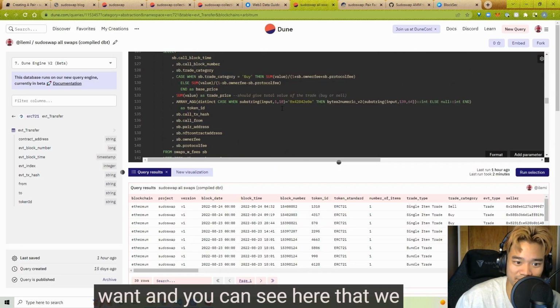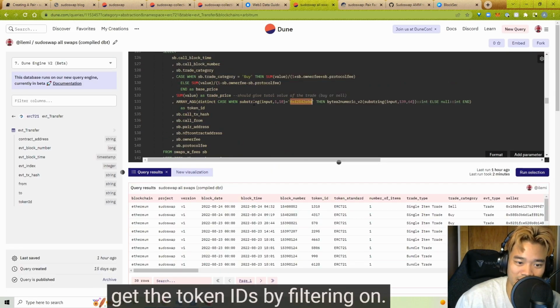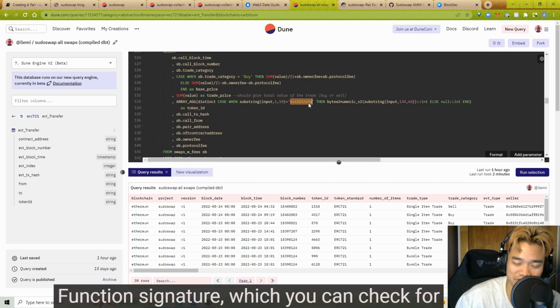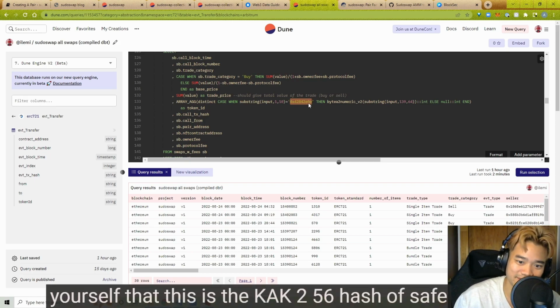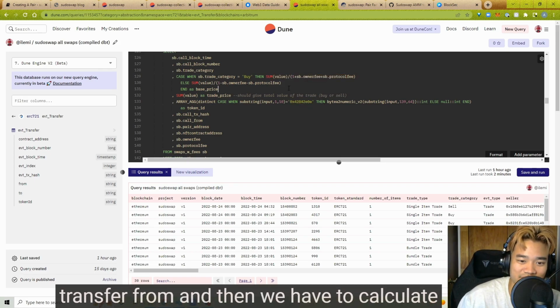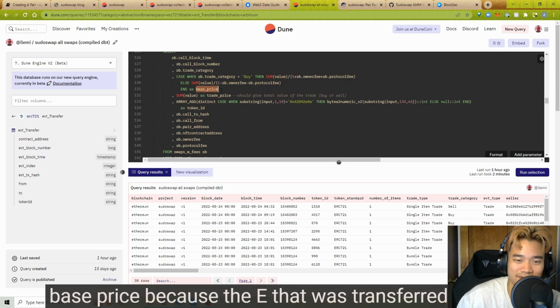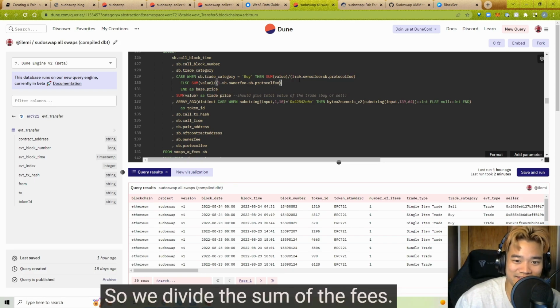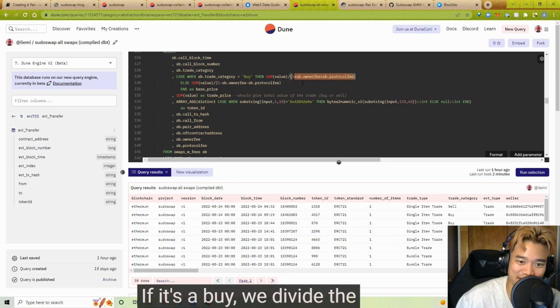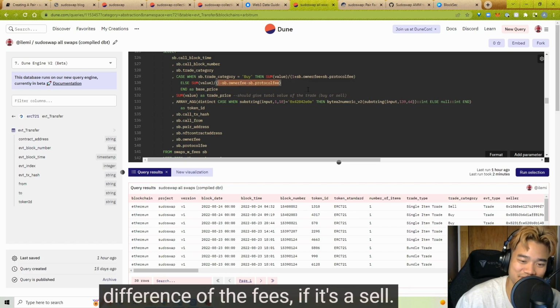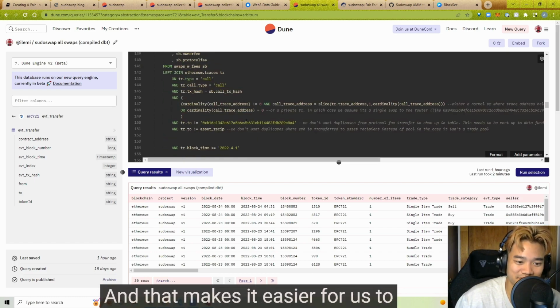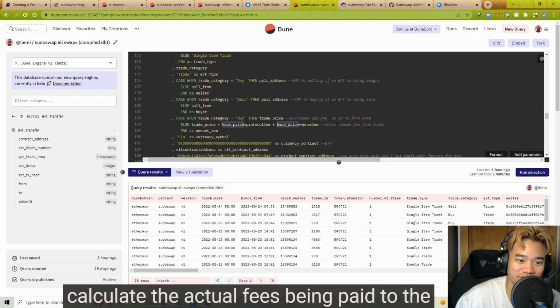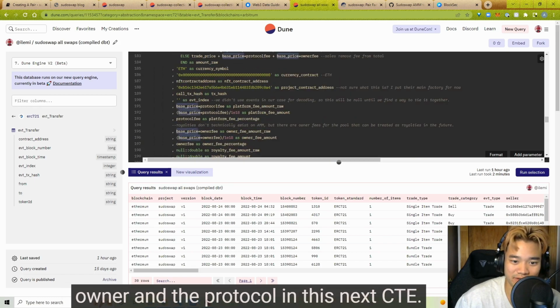And you can see here that we get the token IDs by filtering on this function signature, which you can check for yourself is the Keccak-256 hash of safeTransferFrom. And then we have to calculate base price because the ETH that was transferred is after fees have already been calculated. So we divide the sum of the fees if it's a buy. We divide the difference of the fees if it's a sell. And that makes it easier for us to calculate the actual fees being paid to the owner and the protocol